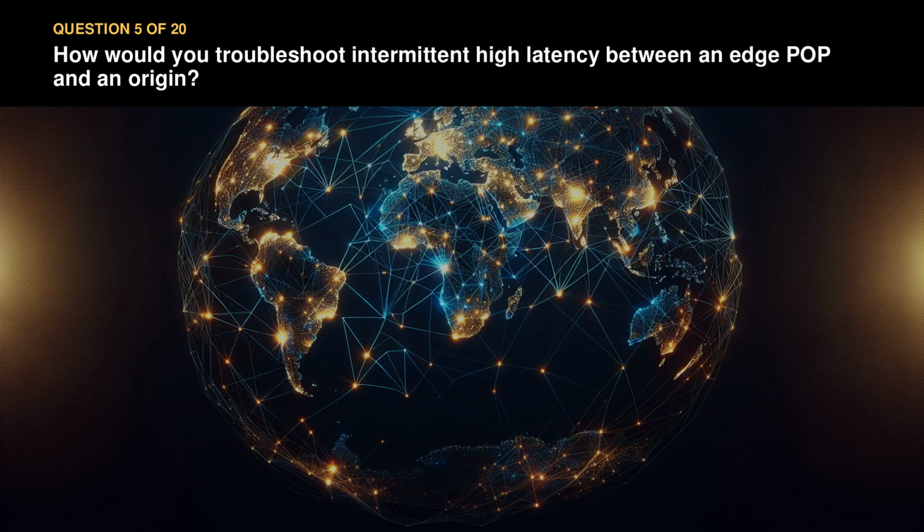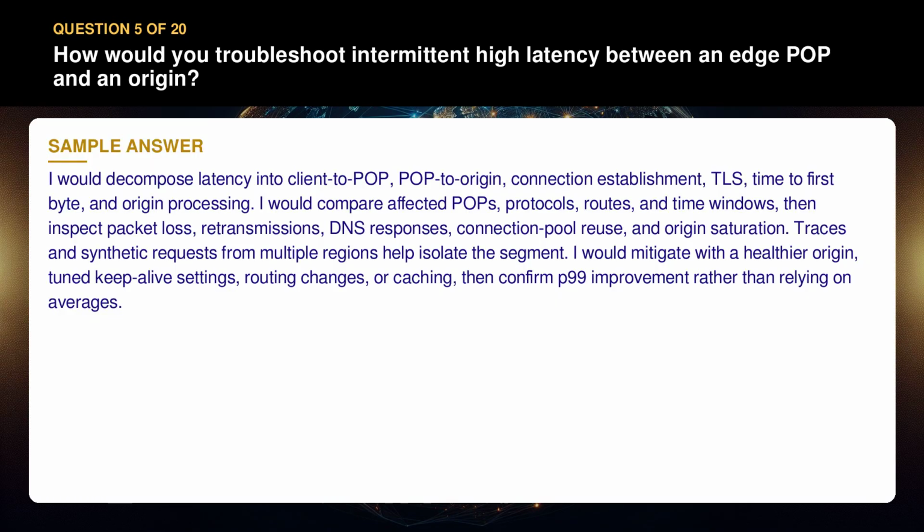Question 5. How would you troubleshoot intermittent high latency between an edge POP and an origin? I would decompose latency into client to POP, POP to origin, connection establishment, TLS, time to first byte, and origin processing. I would compare affected POPs, protocols, routes, and time windows, then inspect packet loss, retransmissions, DNS responses, connection pool